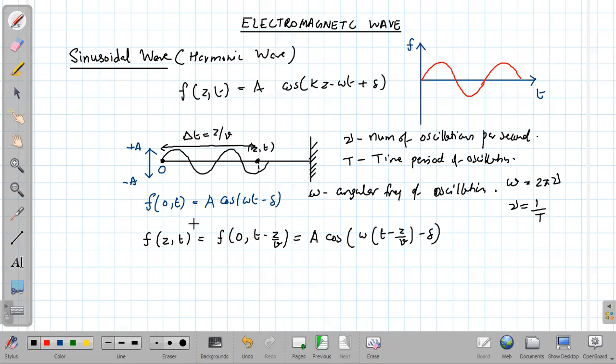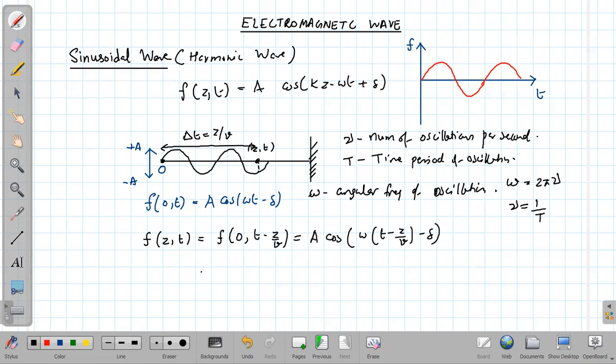So omega is the angular frequency of oscillation, and the corresponding frequency means the number of oscillations per second. How many oscillations happen within 1 second, that is what the frequency nu gives. And the time required to complete one oscillation is denoted by the symbol capital T. So this is not in the context of a wave, it is just in the context of oscillation.